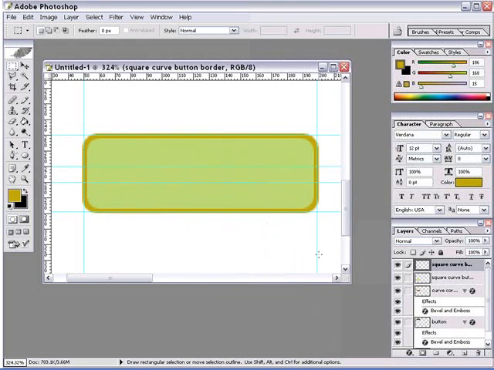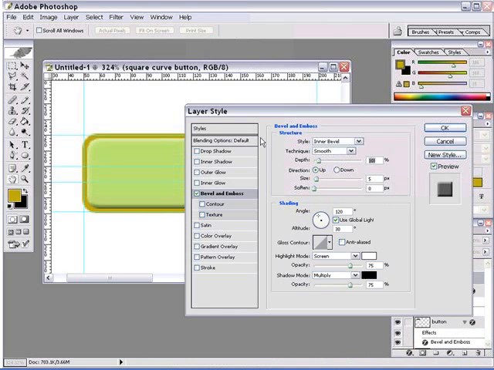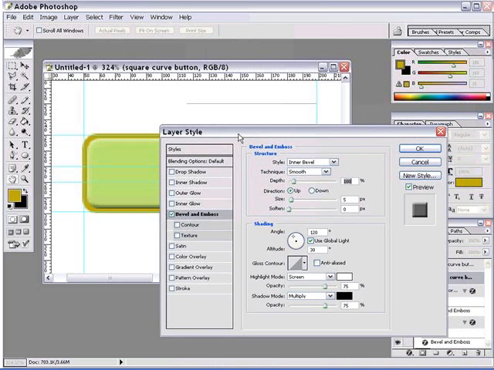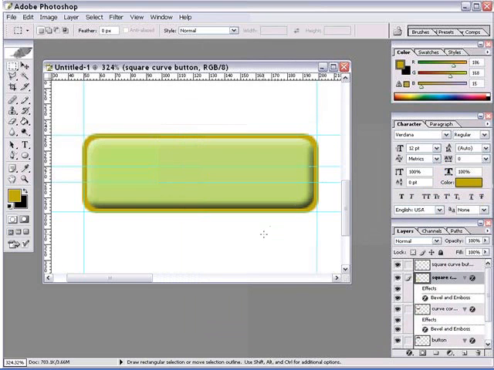Let's start by applying a layer effect to the background color. I switch layers in my layer menu on the bottom right to the background layer. I come to the layer effects, and I'm going to choose Bevel and Emboss. I'm going to soften this up a little bit. And click OK. And that kind of looks nice with a flat border around it,